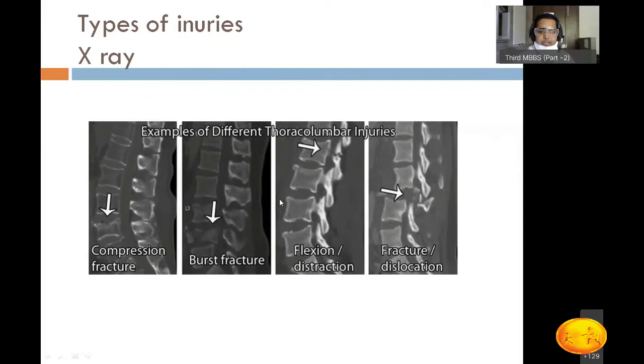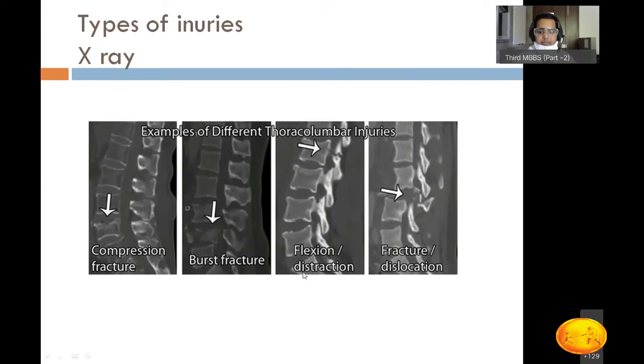If you see the X-ray examples of different types of injuries, the first one is a compression fracture, which is involving the anterior and maybe middle column. So this is the injury which has a better prognosis. Second one is burst fracture. Burst fracture happens because of vertical compression. Vertical compression, a fall of heavy weight on the shoulders or on the head, or a fall from height landing directly onto your feet, can lead to these types of fractures, which are called burst fracture because of vertical compression.